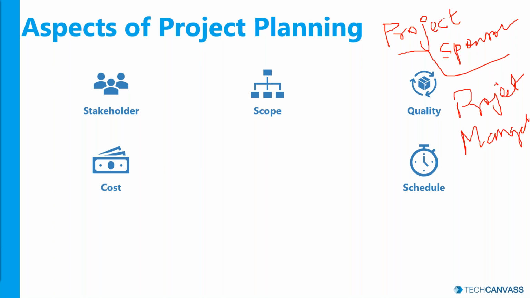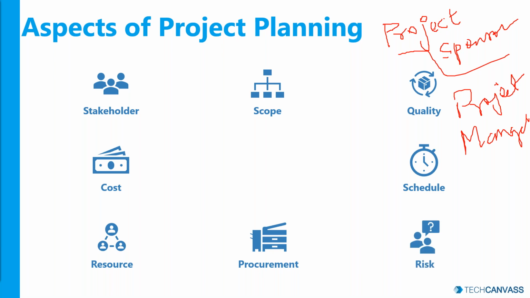Okay, schedule, right? Schedule planning is also important because your customer would be interested in knowing the milestones of the project, right? You need to do resource management. You need to plan for resources because resources will cost the project again. You need to plan for procurement if you are going to get in contractors or vendors, or if you are going to get material, equipment, you need to procure them. So you need to plan for procurement.